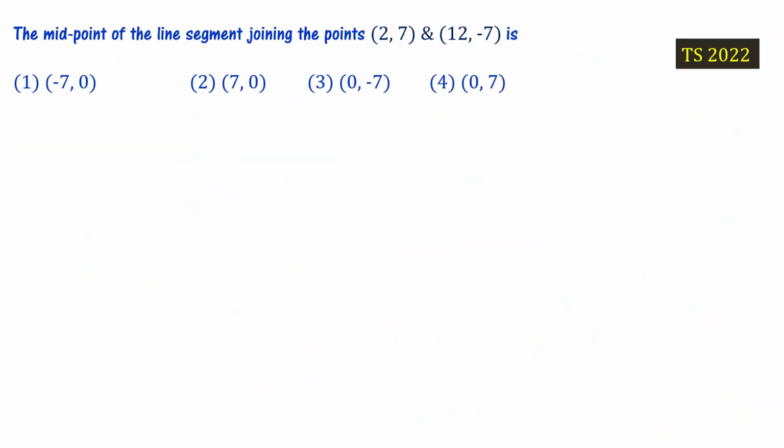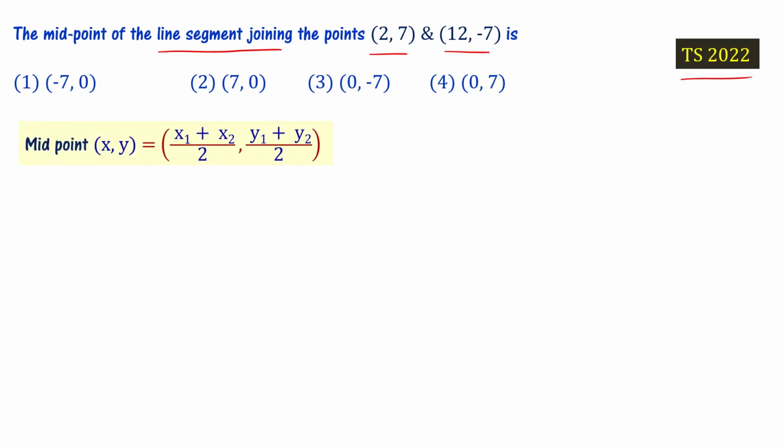What is the midpoint of the line segment joining the points (2, 7) and (12, -7)? ఇది తెలంగాణ Polycet 2022లో ఇచ్చిన ప్రాబ్లం. సో మిడ్ పాయింట్ ఫార్ములా తెలుసు మనకి. మిడ్ పాయింట్ (x, y) ఈక్వల్ టు ((x1 ప్లస్ x2) డివైడెడ్ బై 2, (y1 ప్లస్ y2) డివైడెడ్ బై 2), రైట్? మనకి ఇచ్చిన ఇన్ఫర్మేషను ఫస్ట్ (2, 7)ని (x1, y1) అనుకోండి. దిస్ ఈజ్ 2, 7, రైట్? So (x2, y2) is